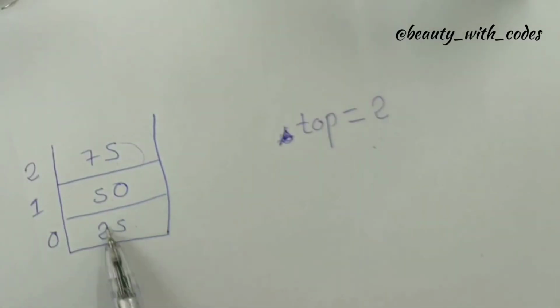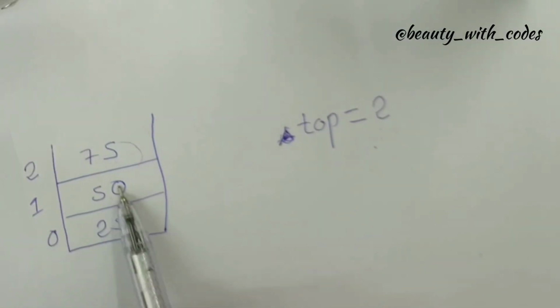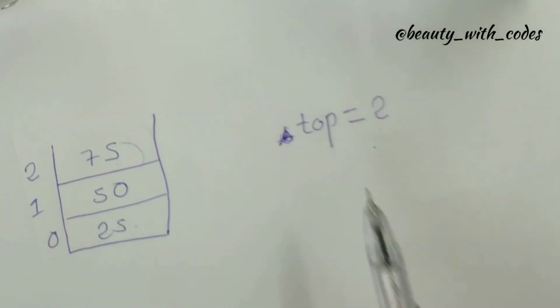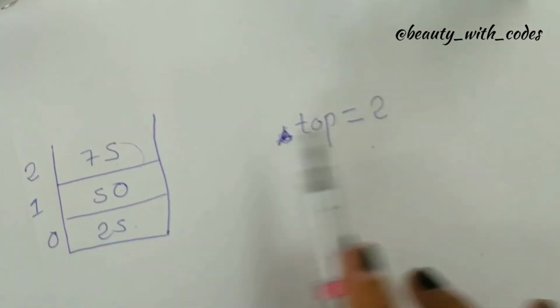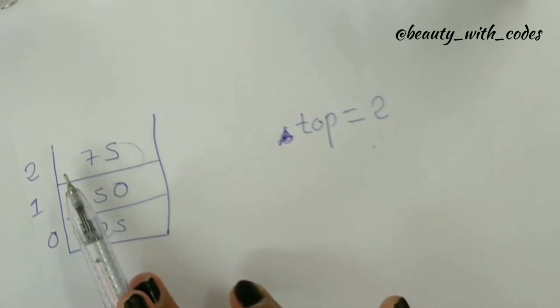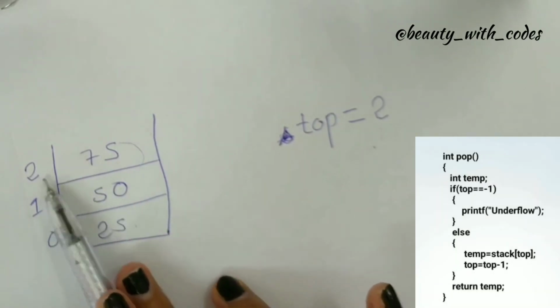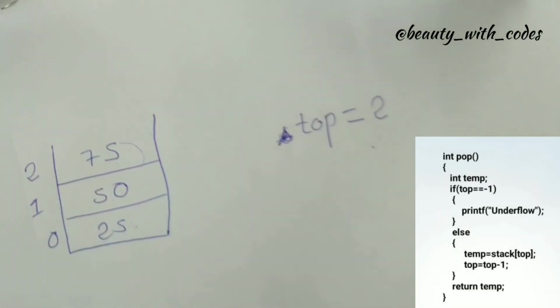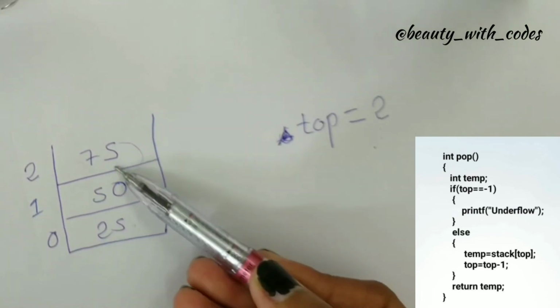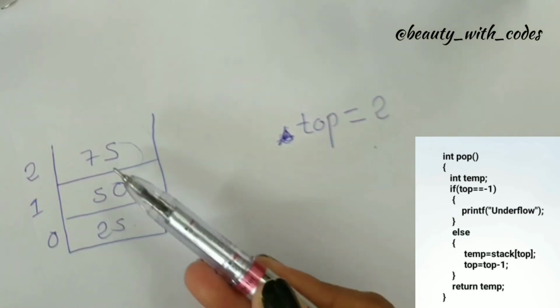So guys, this is our stack with 3 elements, first element, second element and third element. That is fine. Top is equal to 2. Why? Because the last element is inserted at second index, isn't it? It means top will be equal to 2. Fine. But now we want to pop, and popping will be done from second index, isn't it? Not from 0th but from second.